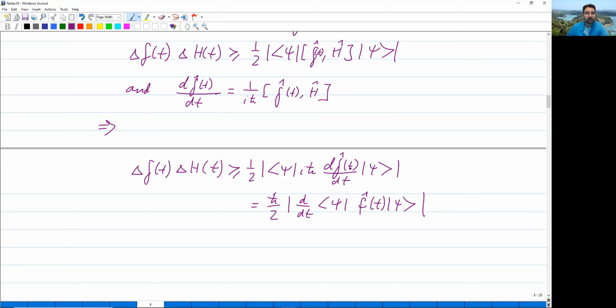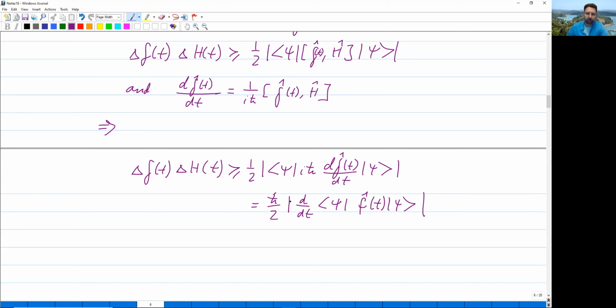If you want to convince yourself of this, you could also insert here a resolution of the identity, there a resolution of the identity, and then you get that this is a matrix, and this is a row vector, and this is a column vector, and the row and column vectors are constant, and the matrix is dependent on time. And then you see that you can pull out the derivative because the vectors don't depend on time. I mean, these coefficient columns and rows do not depend on time.